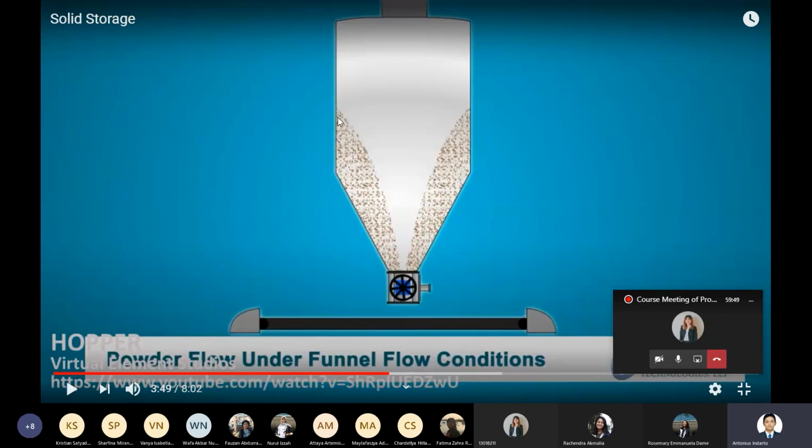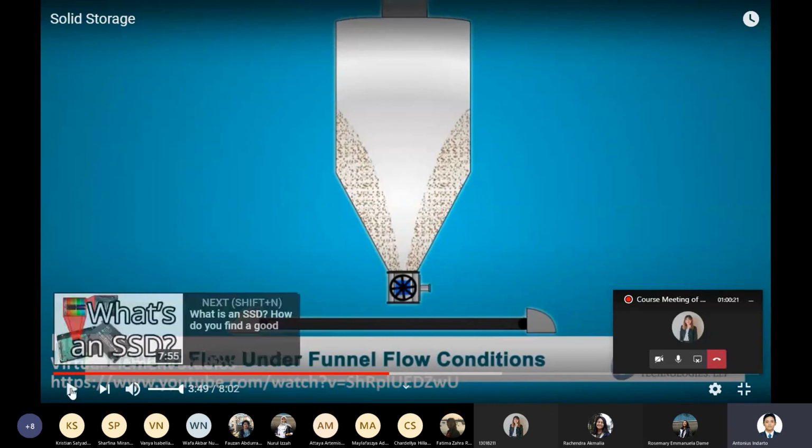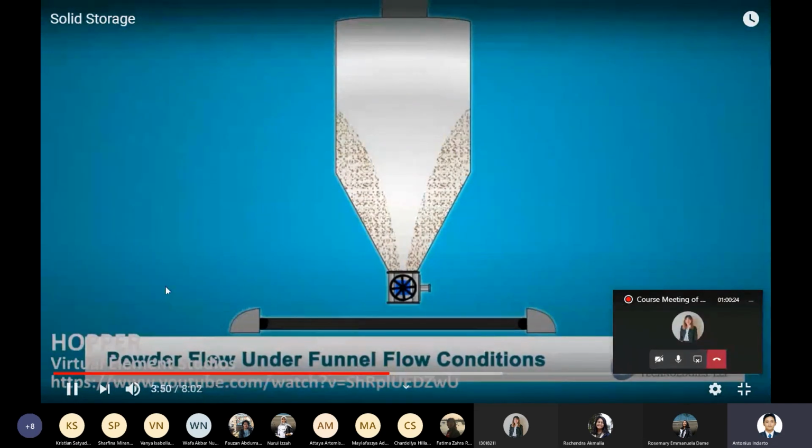They will stick to the side of this hopper. Although we know there are still solid particles inside this hopper, we cannot take them out of this silo because they already stick to each other. This is the problem of the cohesion interaction between the solid particles, which makes it very difficult. So this is called the rat hole problem, or lubang tikus.